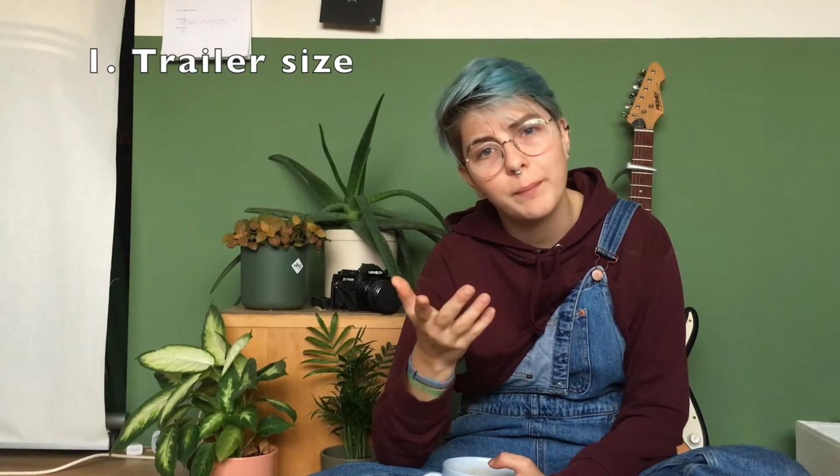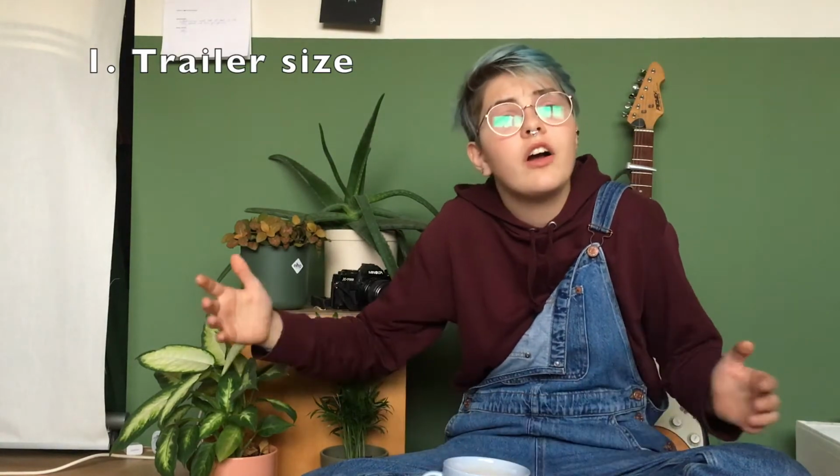Okay, so building your tiny house on a trailer. If you've decided, I want to build my tiny house on a trailer, then you have to think about how big you want your trailer to be. If you want a really large trailer, there are certain advantages. For example, you have a bigger space to work with, but there are also disadvantages, and that is if you